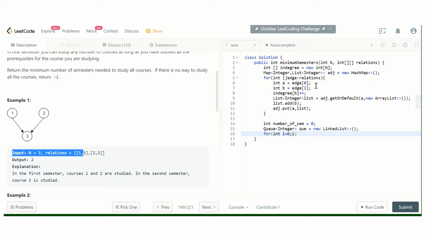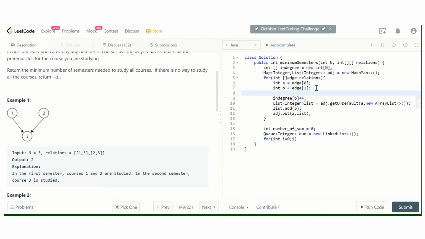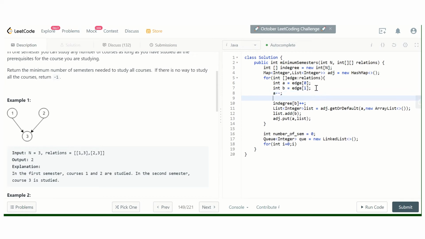So our size of array is, here they are using 1 based indexing and we are using 0 based indexing. If it has no prerequisite, then we will take this course in our first semester.